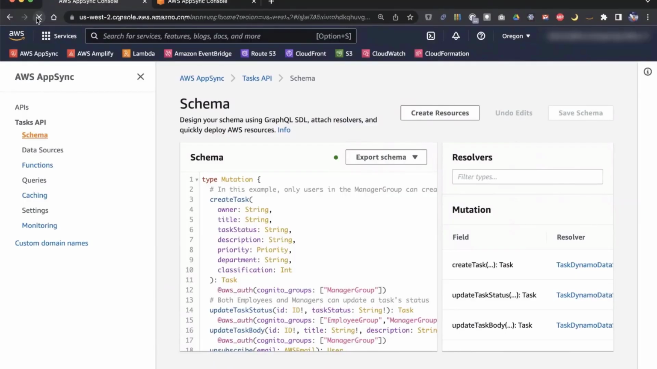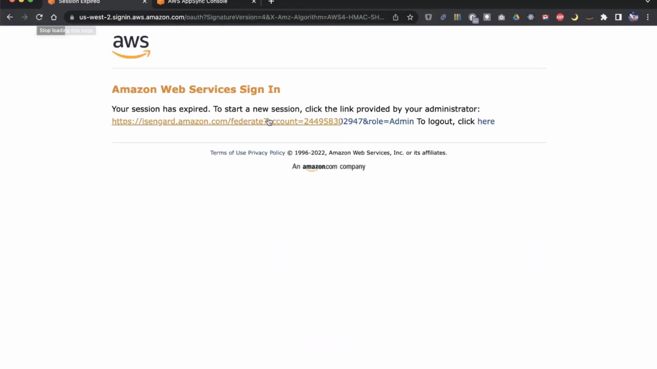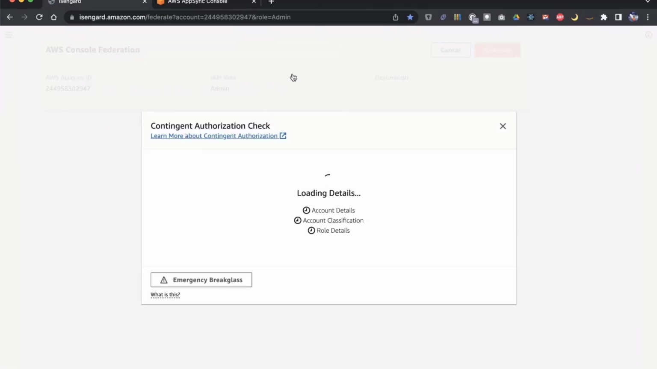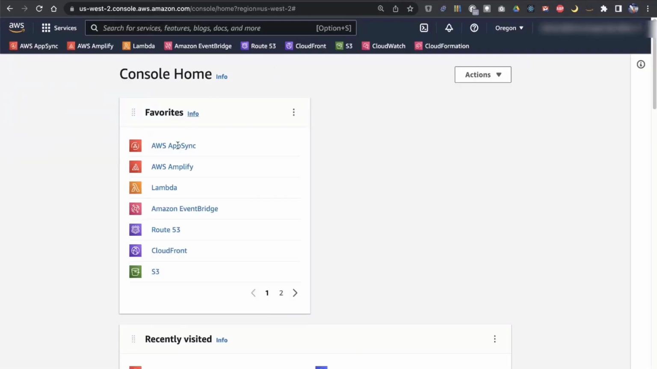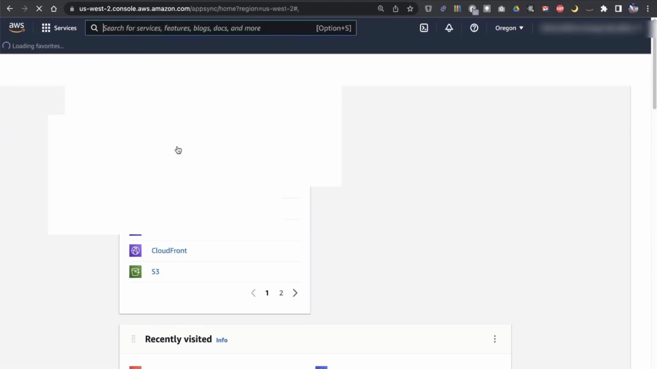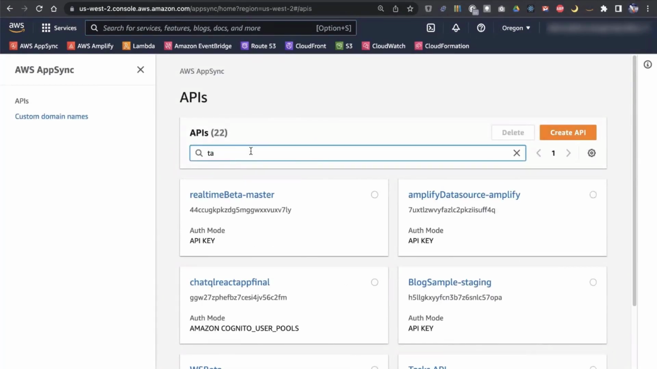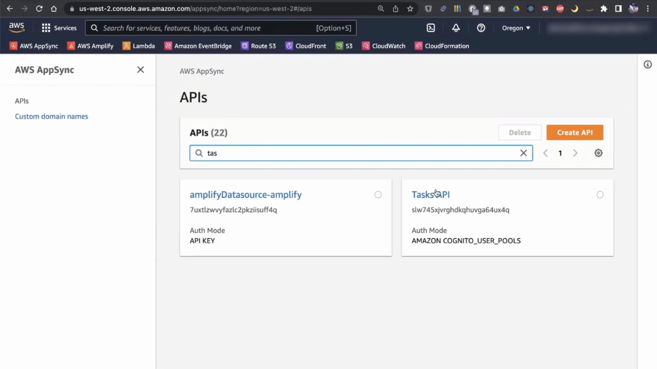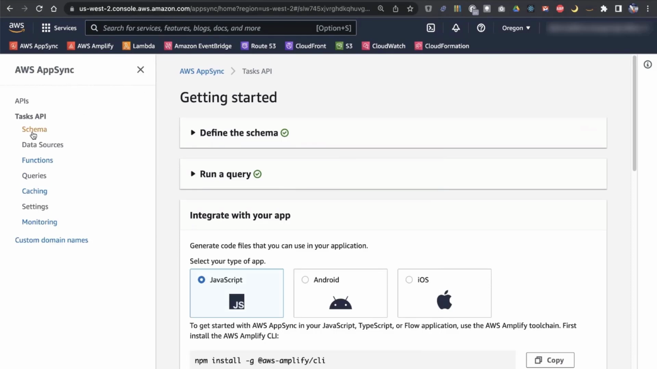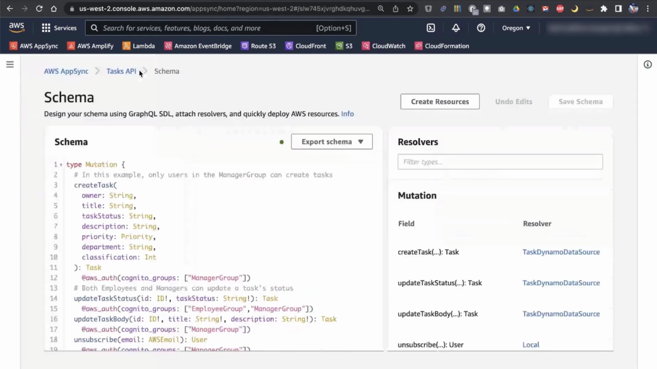So I have here an API that I deployed in my account. Let's take a look at the API. This is my AppSync console, and I have a very simple API here. It's a tasks API, right? I can create tasks and assign